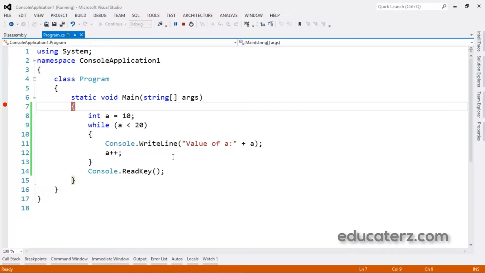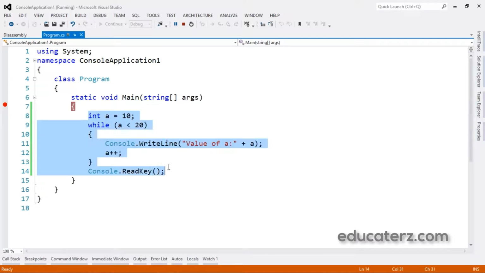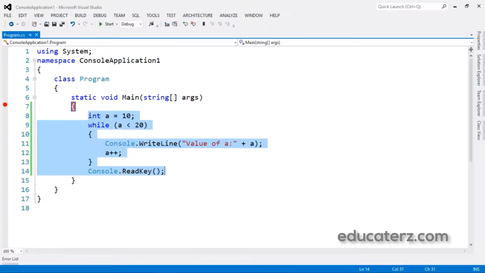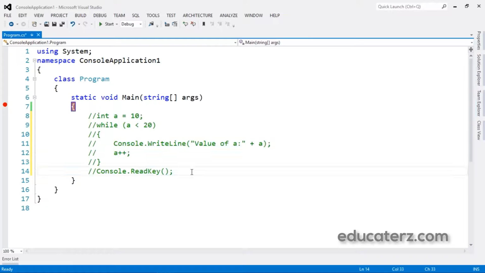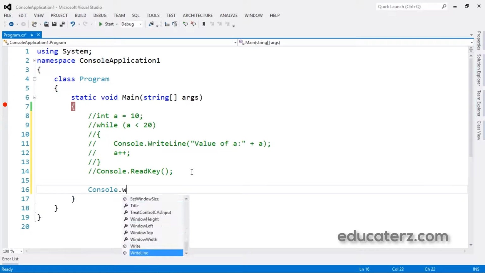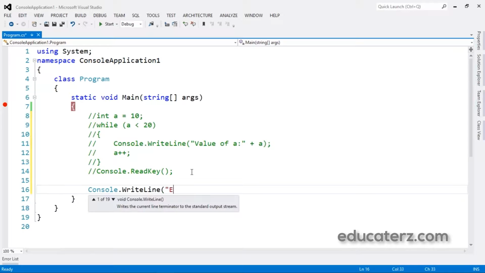Let me show the same program with some other example as well. Stop this. Suppose we know how to read an input from the console. Console.WriteLine, enter a target.